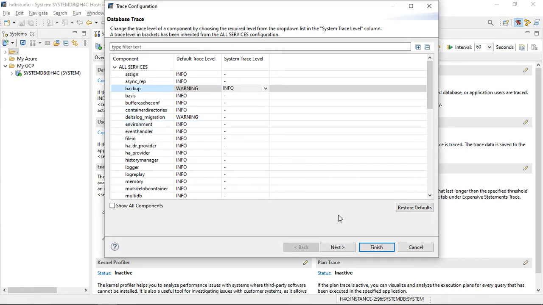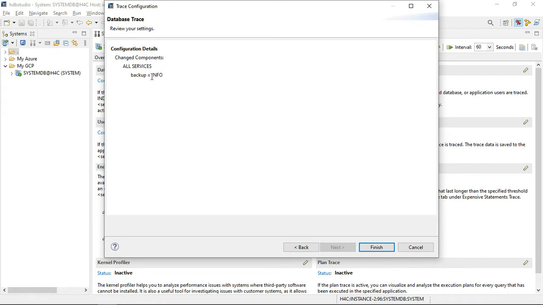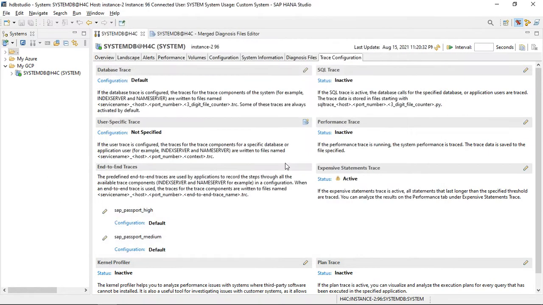Change as per your requirement and then click on next. Now all information related to backup will get captured in this trace.